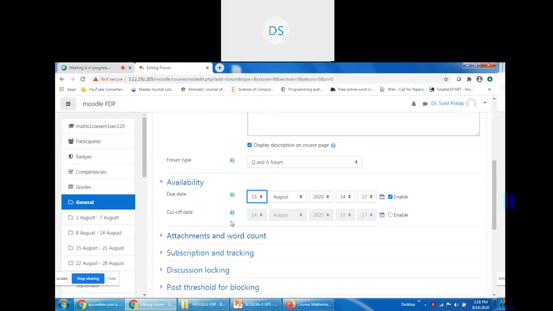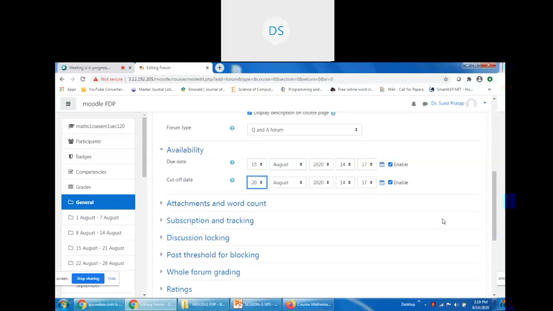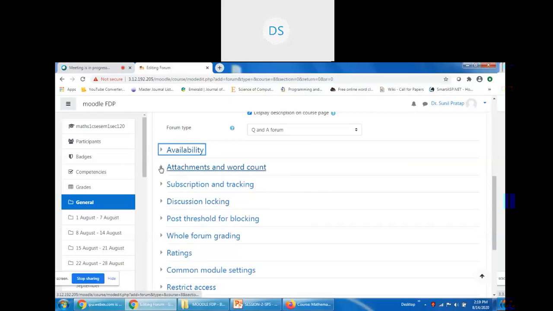I think we discussed yesterday: due date means students may post their answers even after 15th August, and their answers will be marked as late submission. And you can set this cutoff date. This date means students cannot submit their response, their answer to the forum, after 20 August. So we may set the availability.